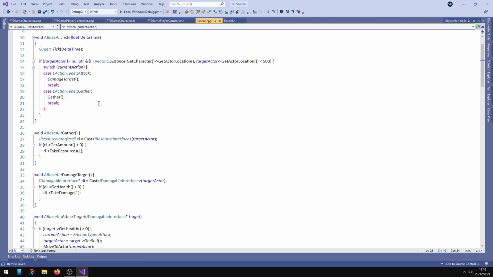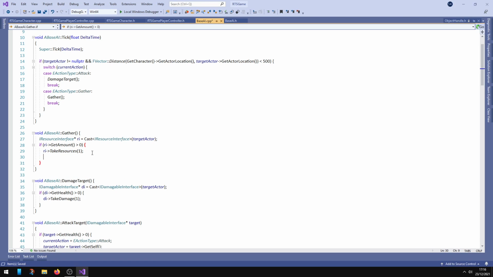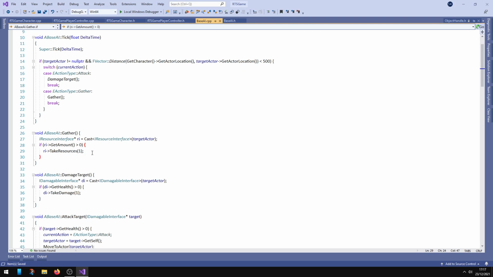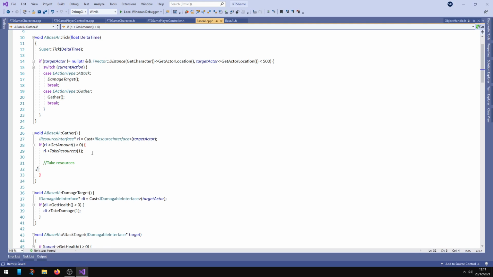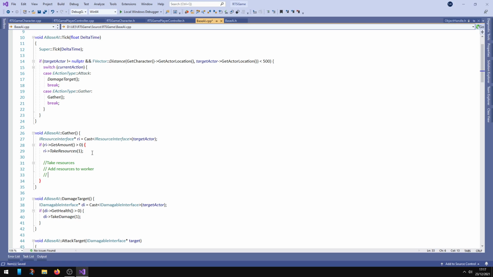And then this whole take resources thing will of course eventually be like, we would say get character dot, I don't know, take resources, and then it would reduce the amount of the resource, then add it to themselves, and we would have something like, so we would add resources to the worker. Check if,